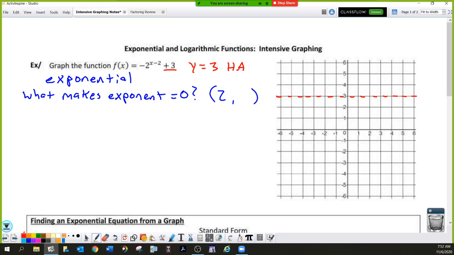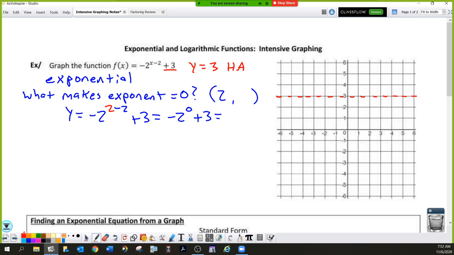So let's do that in another color just so it's not confusing. We have y equals -2 to the power of the exponent, and I dropped a 2 in. Do you have to show this work? No. If you can do it in your head, by all means. What this is going to give you is -2 raised to the 0 plus 3. You need to be really careful here,